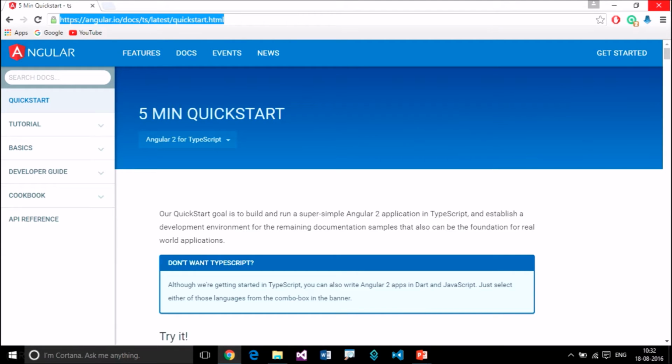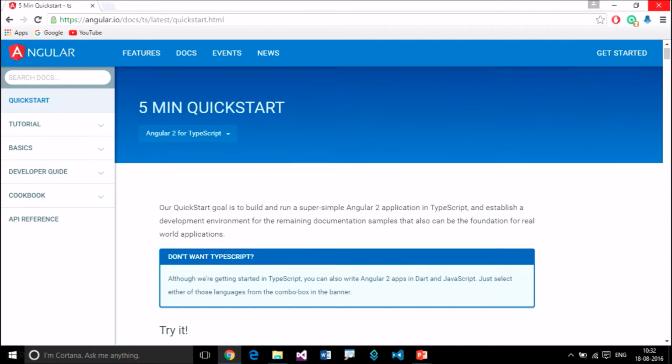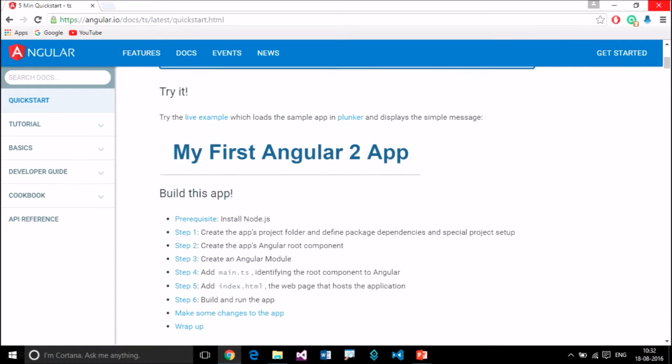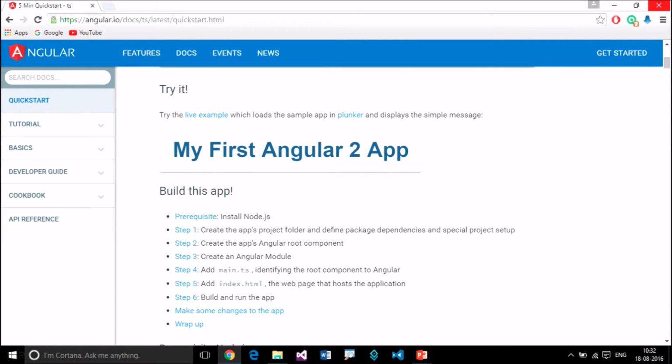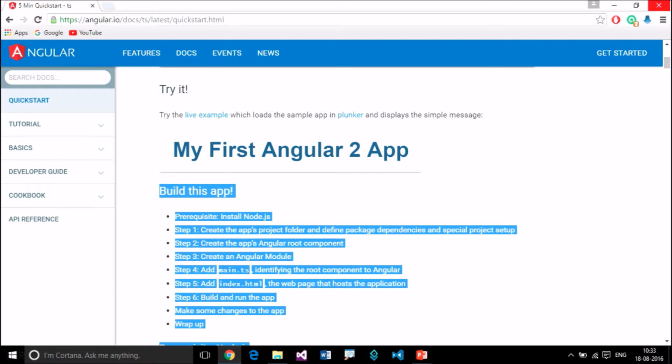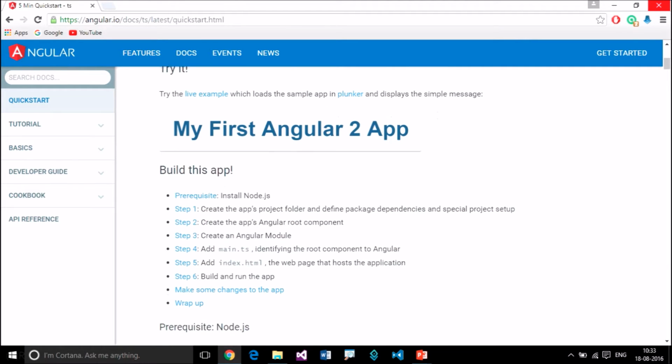So go to this link. This link is about how to set up an Angular 2 application. So this article is about setting up an Angular 2 application for TypeScript. So these are the steps we will follow to set up now.